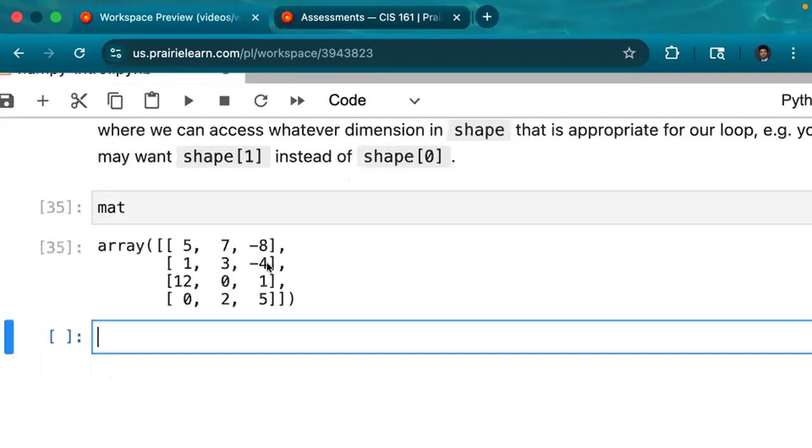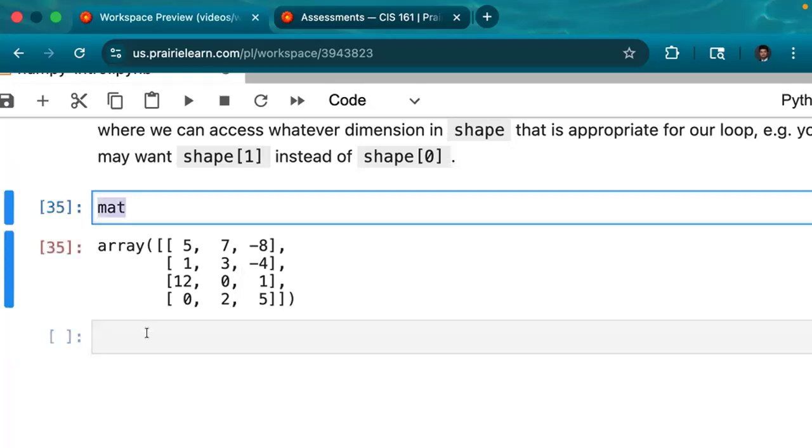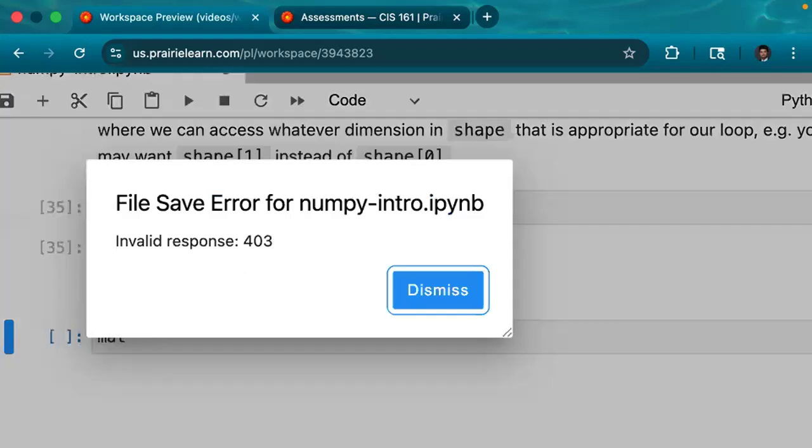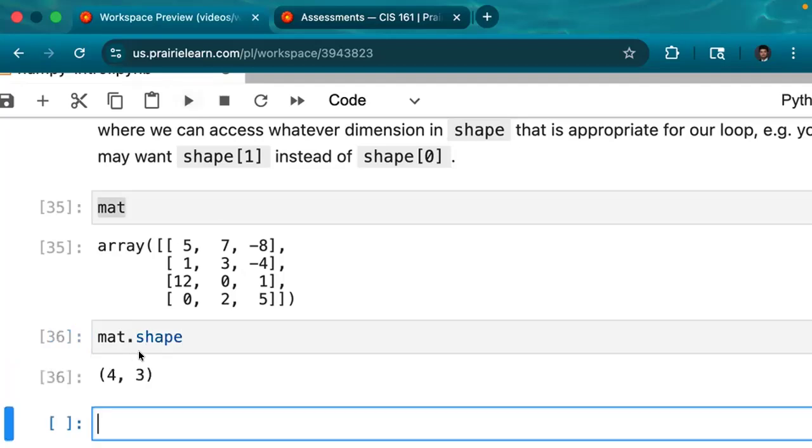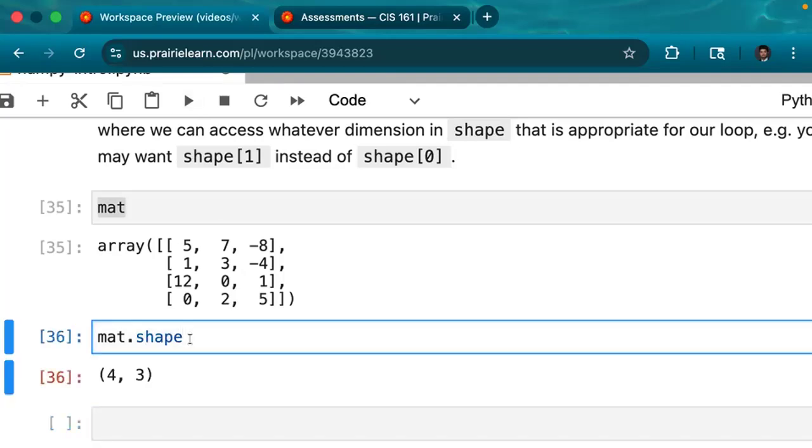We have the matrix, right? Let's say I want to add 1 to each of those elements. You can see mat.shape gives you 2 numbers. That's the shape for its dimensions. And if you do shape[0], you will get 4. If you do shape[1], you'll get 3. Okay, so if I want to loop over, let's say, the rows,